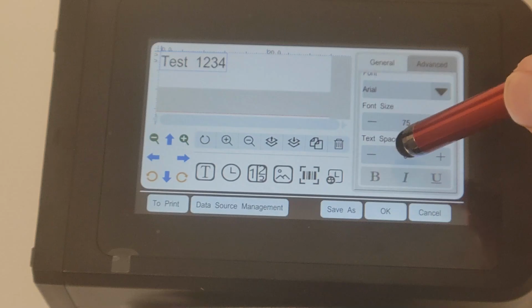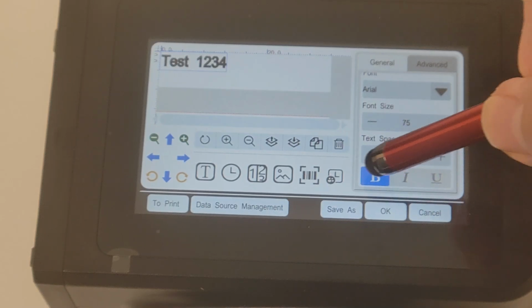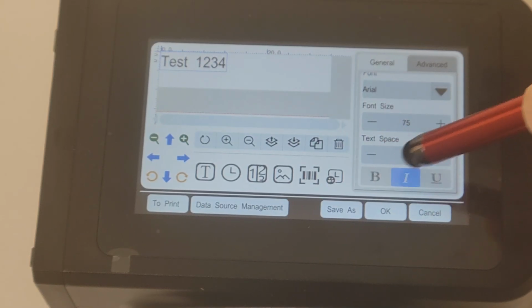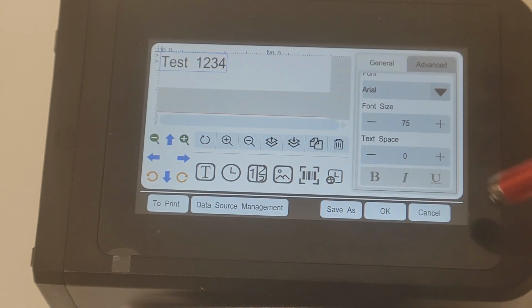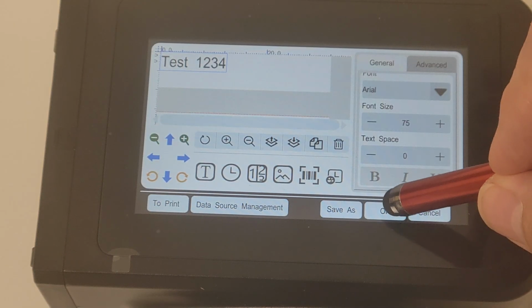From there, again, you can select your bold, italicize, or even underline the text. At the end, make sure to save your information. You can either click OK as it's a new message or new information,